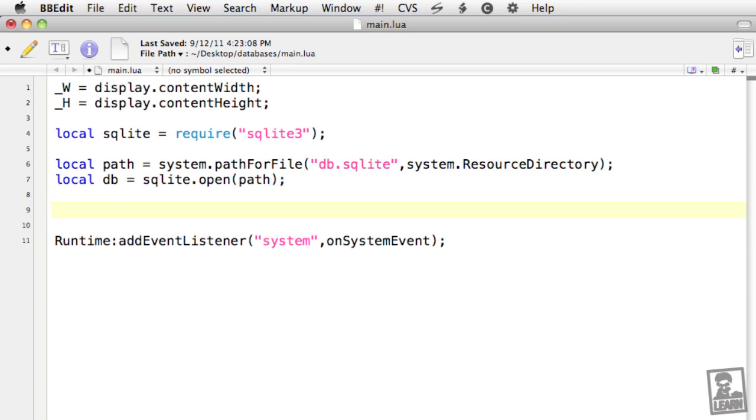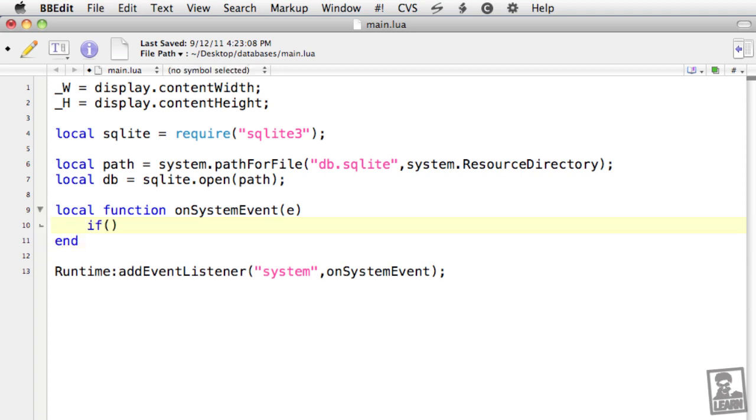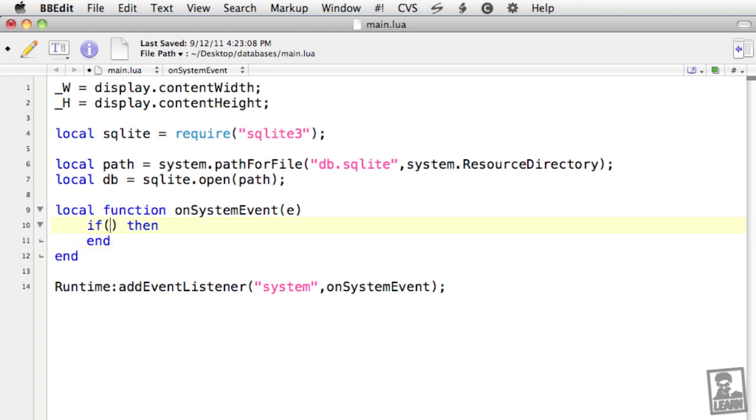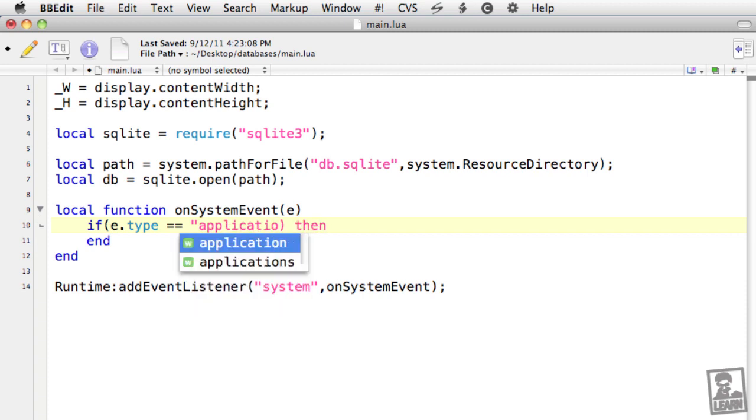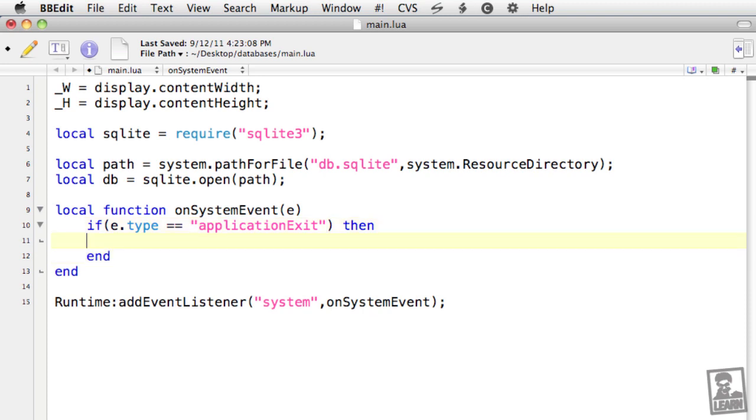Above this line, and it's important that it's above, local function onSystemEvent, open and close parentheses, and we'll put an e in there. That's representative of our event. End. Now within this function, if, open and close parentheses, then end. Now within the if parentheses, e.type double equals applicationExit. So if we get the application exit event, if the runtime hears that, then what we want to do is